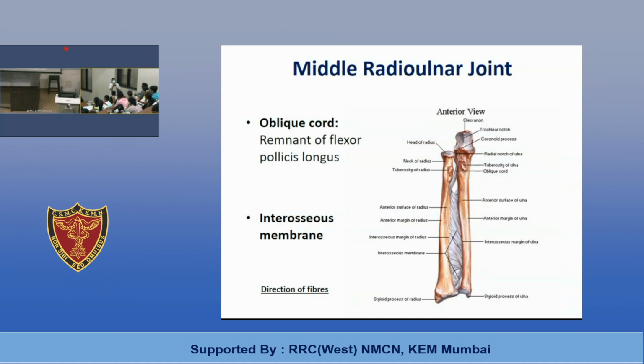Anterior tibial vessels. The anterior tibial artery is a branch of the popliteal artery. The popliteal artery divides into its two terminal branches, anterior tibial artery and posterior tibial artery. Posterior tibial artery continues in the posterior compartment of the leg to supply the muscles, and anterior tibial artery enters the anterior compartment by passing over the interosseous membrane.